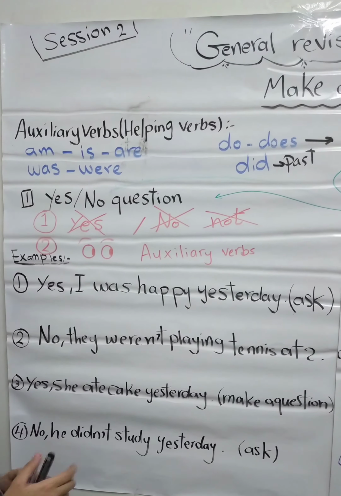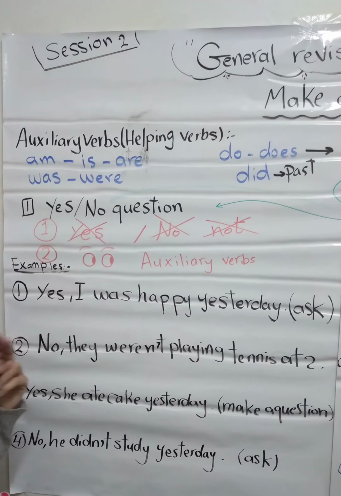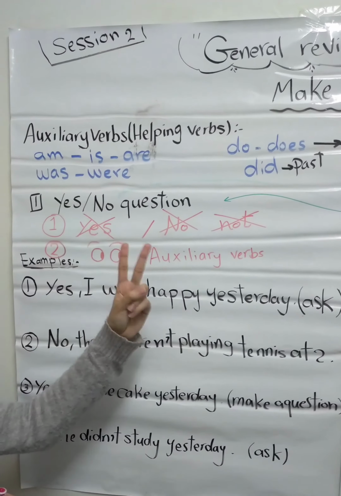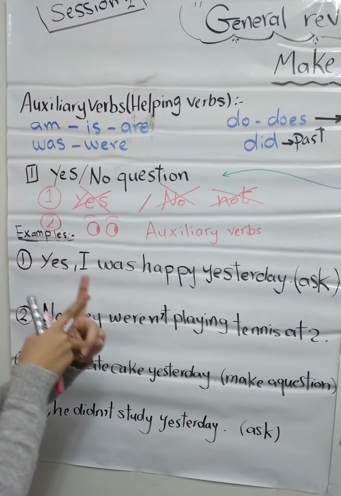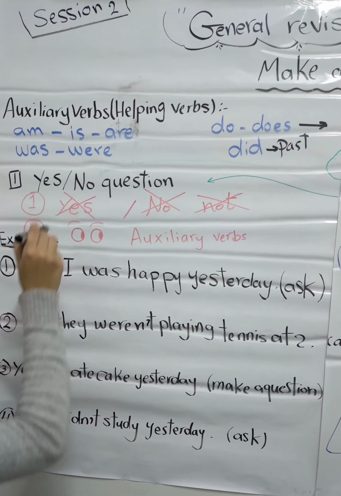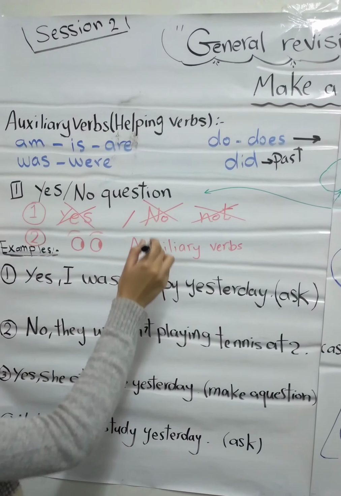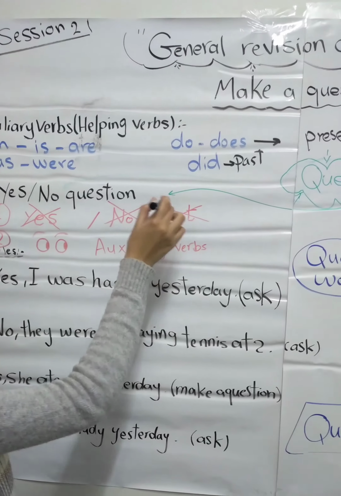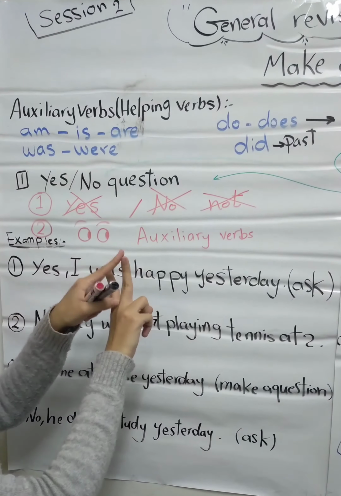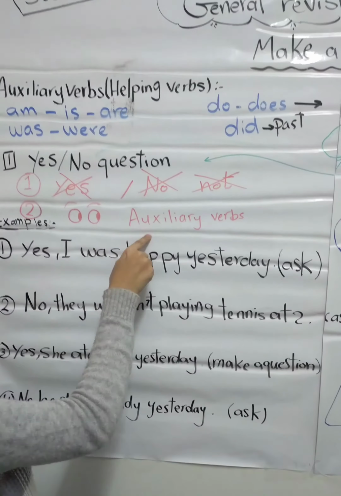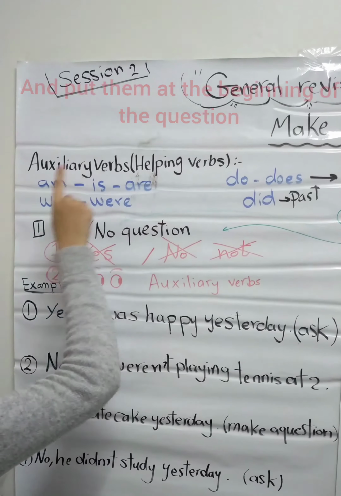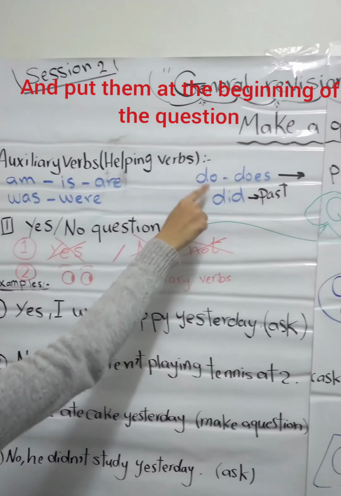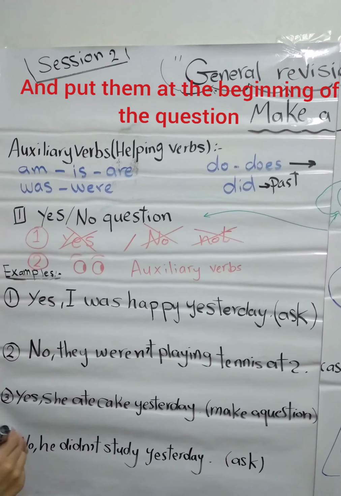Okay, to make a yes or no question، عشان نعمل yes or no question we have to follow two steps. Step number 1 لازم نتبع خطوتين. Step number 1 أول خطوة: if I see yes cancel yes, if I see no cancel no and not. Okay, step number 2: search for auxiliary verbs. أدور على auxiliary verbs or helping verbs like am, is, are, was, were, do, does, did. Okay, for an example: